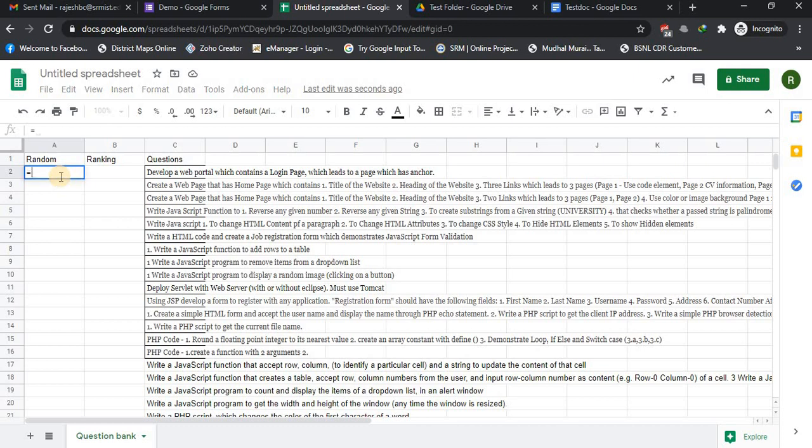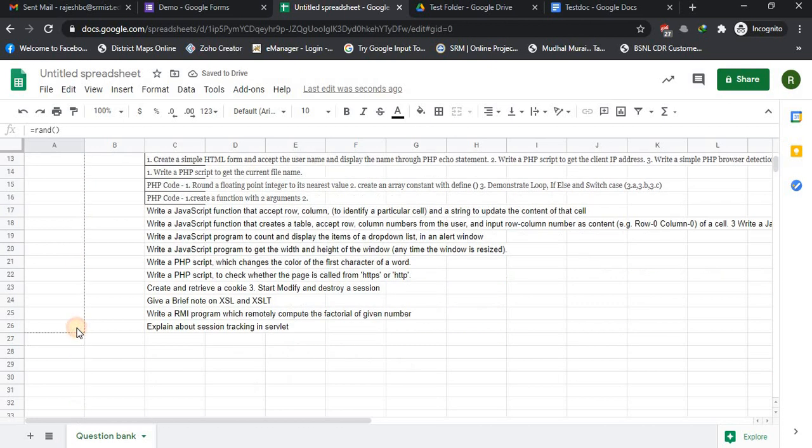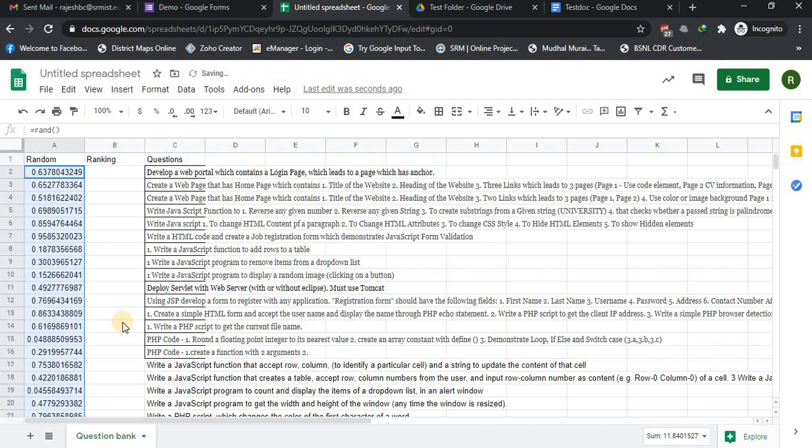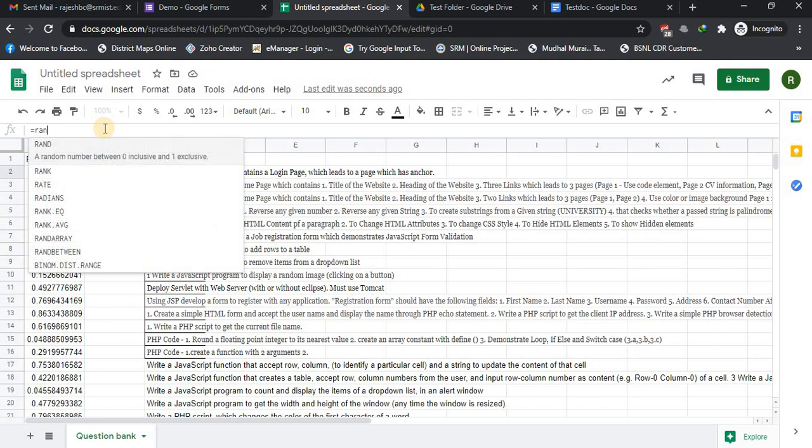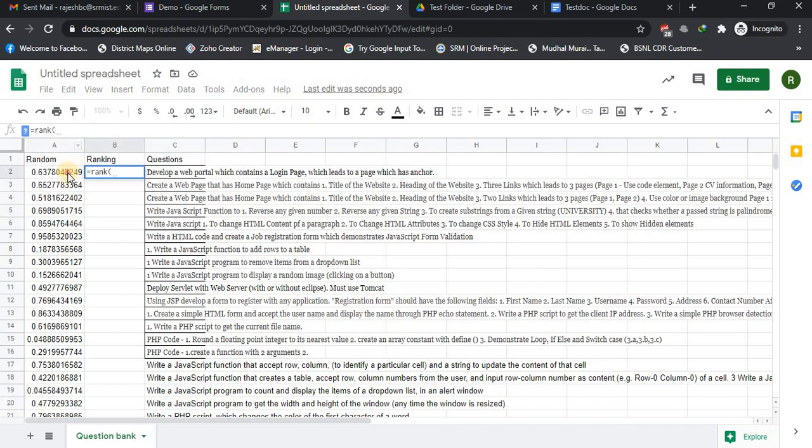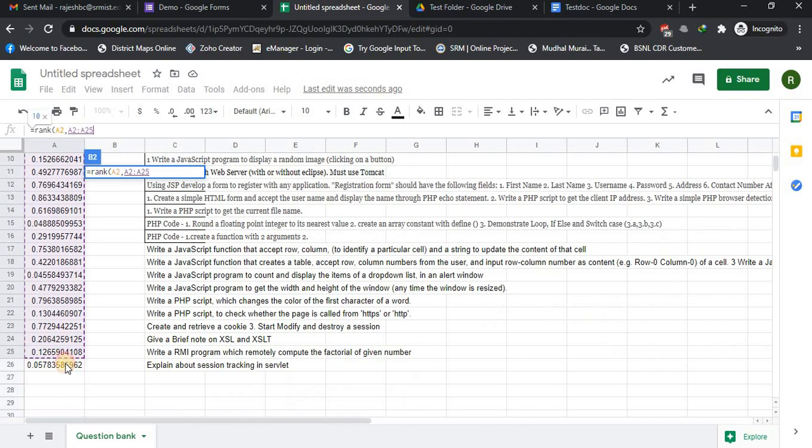I'll call up a random function, RAND, and I'll drag this. So the random function is done, and out of this I am ranking now: equals RANK of this one. I'll select this, I'm going to rank, comma 1.